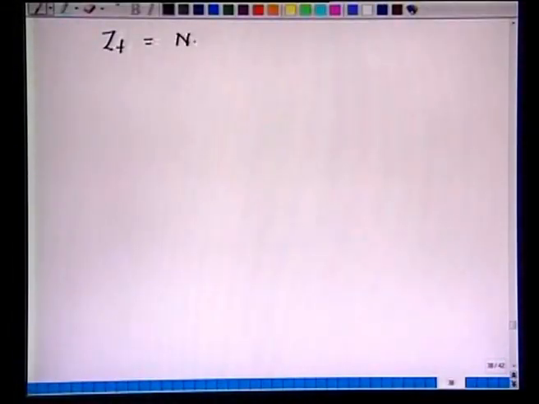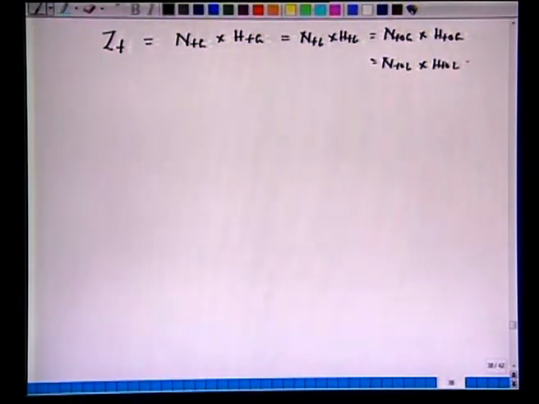And now we start this very quickly. We do the height of the column based on the number of transfer units and the height of a transfer unit. Okay, so again we start from here. ZT is NTG multiplied by HTG. This will also be equal to NTL multiplied by HTL. One can also work on overall transfer units, NTOG multiplied by HTOG. One can also work on NTOL multiplied by HTOL. So, there are all 4 different ways of writing this height of a column, in terms of number of transfer units and height of a transfer unit. Okay. It is up to us.